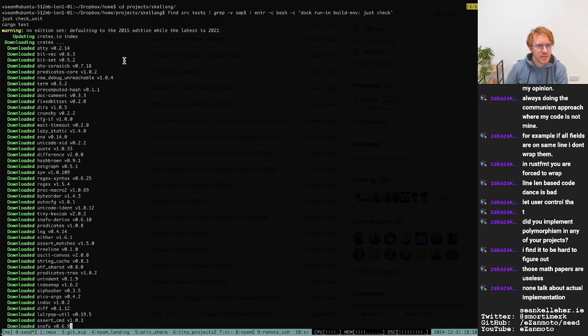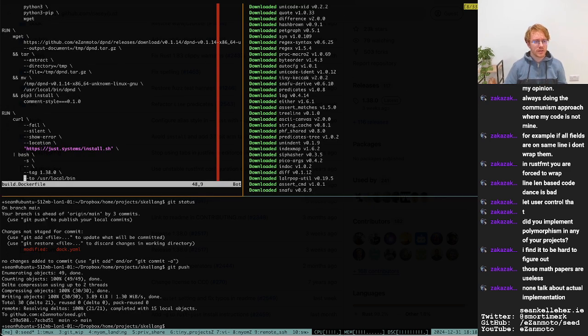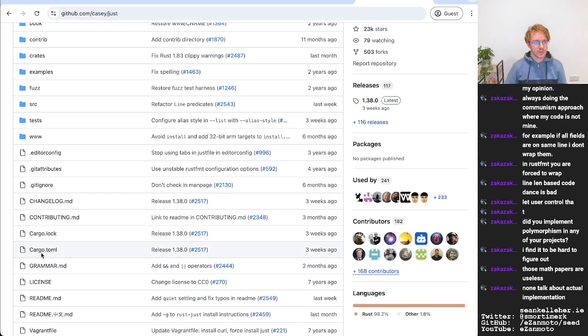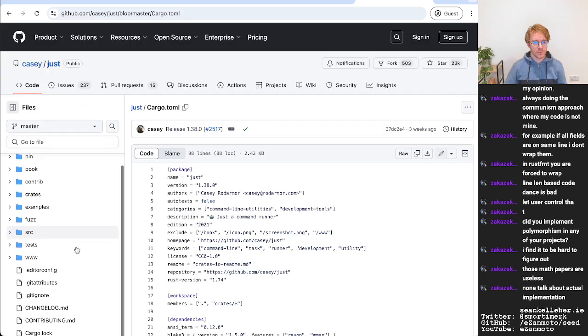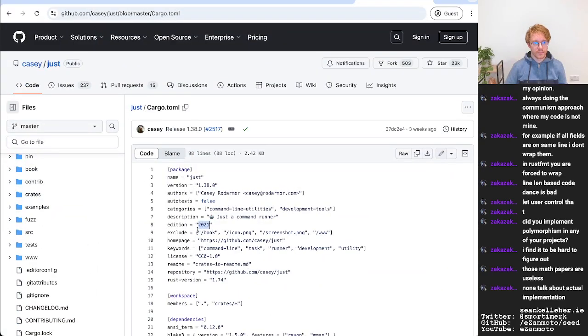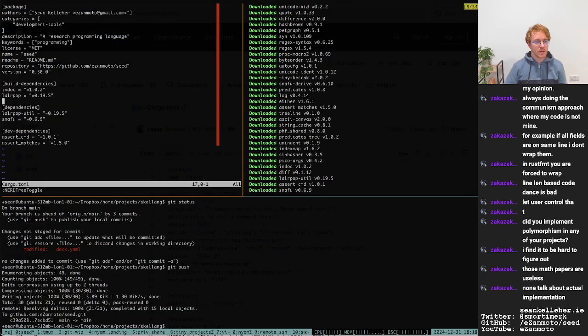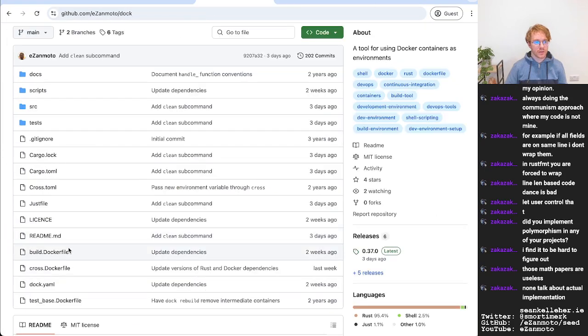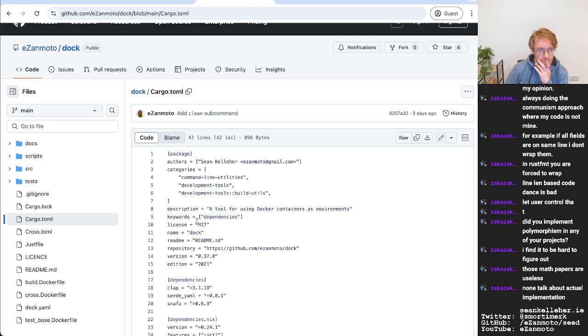No edition set. I thought I had edition set in the cargo. No, but I do in this project, so I think it's 2021 that I was using. Oh no, that's not my project. Yeah, I just put it at